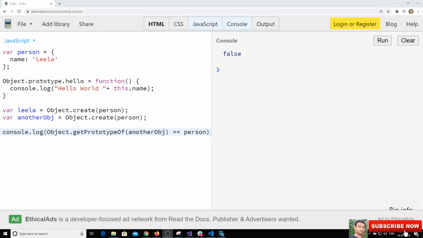Hi friends, up to now you have seen the different ways of creating objects in JavaScript. You have seen using Object.create, and you have used opening curly brace and closing curly brace, and also we have seen another process, something like new Object. We have seen three different ways of creating an object. Let's see now another way of creating an object in JavaScript.